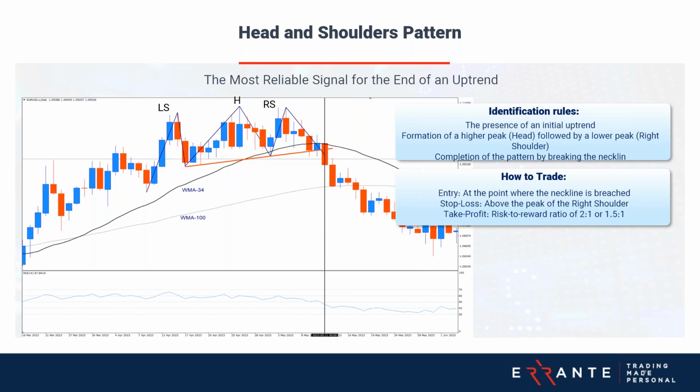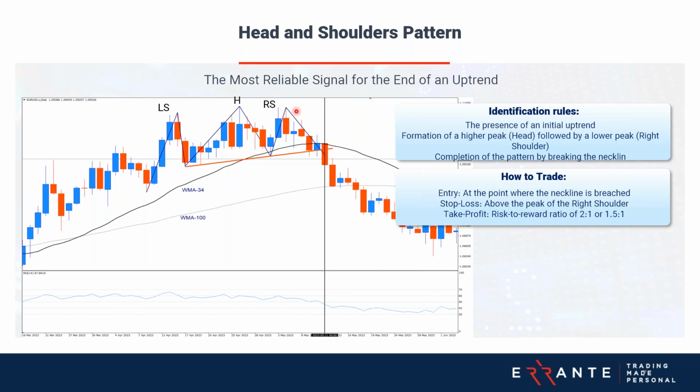However, let's discuss how to trade head and shoulders. The ideal time to enter a trade is when the price breaks below the neckline, and this break indicates that the buyers have lost control and the downtrend is likely to begin. And then to protect your position, place a stop loss order just above the peak of the right shoulder, somewhere here. And this ensures that if the pattern fails and the price reverses upward, your losses are minimized,